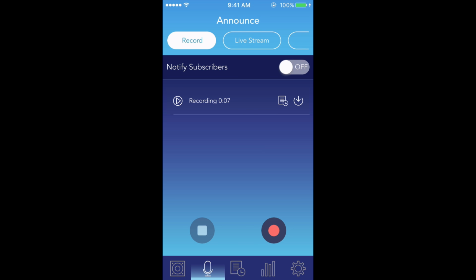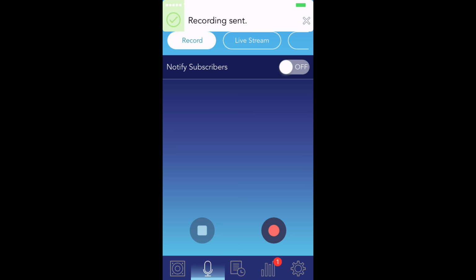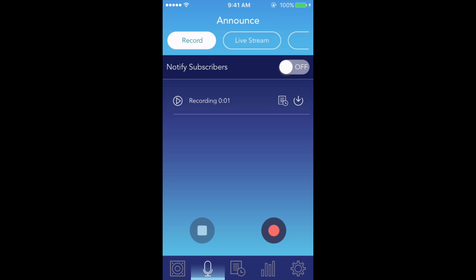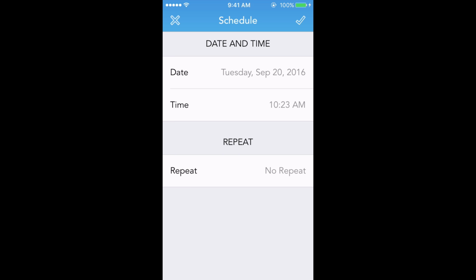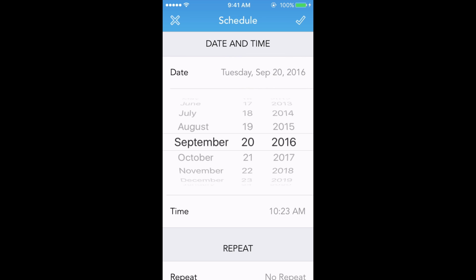To send the recording, you could hit the arrow pointing down and that will send the recording to the PA system immediately. Also on this screen, you could schedule this recording by tapping the sheet of paper with the clock next to it. In the schedule screen, you could set the date that you would like the schedule to be played,